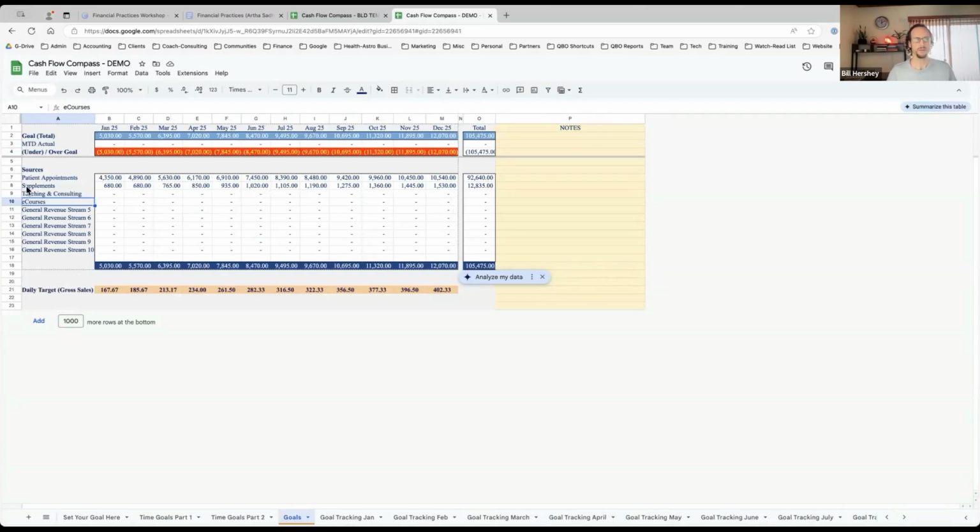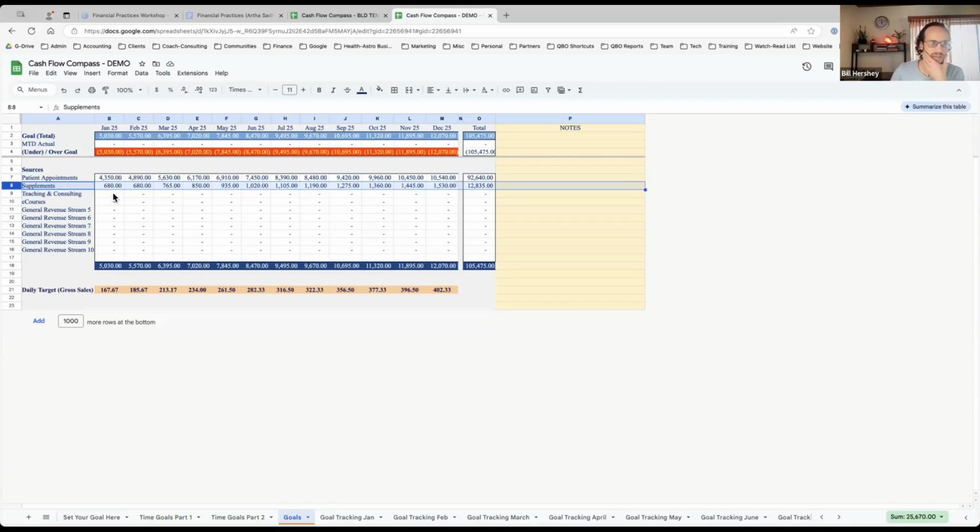Now, bear in mind, supplement sales is revenue. That can be a little deceiving because that's the product. You're going to have cost of goods sold. You have to buy that inventory in order to sell that. Or maybe if it's drop ship, which I recommend, maybe this is straight commissions that you're getting from the drop ship, or probably not. Commissions probably isn't the right word, but it's your cut of the sale. Then that's accurate.